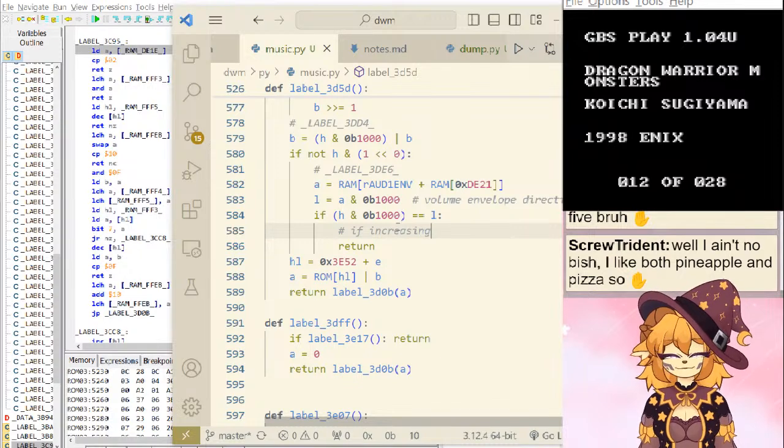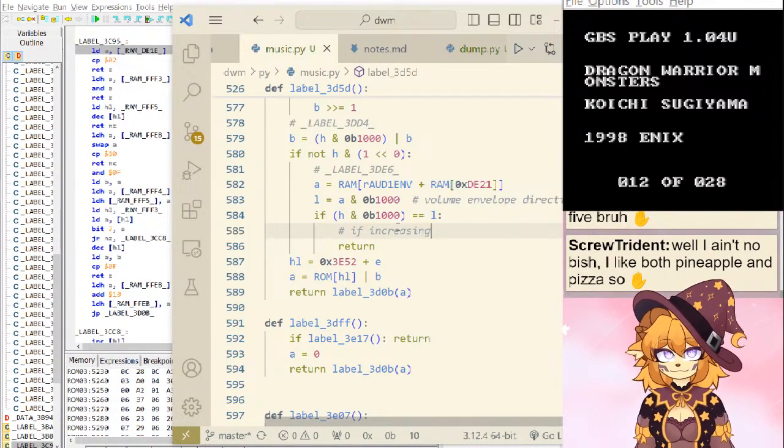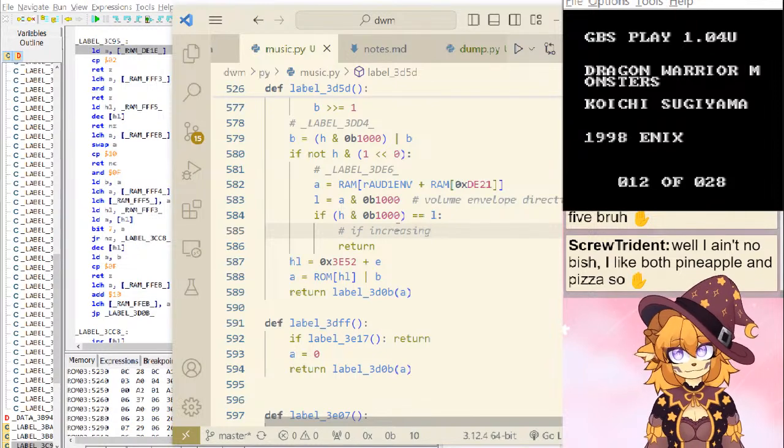If I am given pineapple pizza, I will eat the pineapple off, pick up the pineapple juice, and eat the pizza.